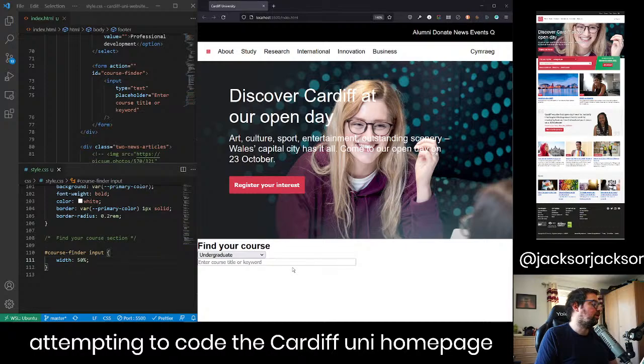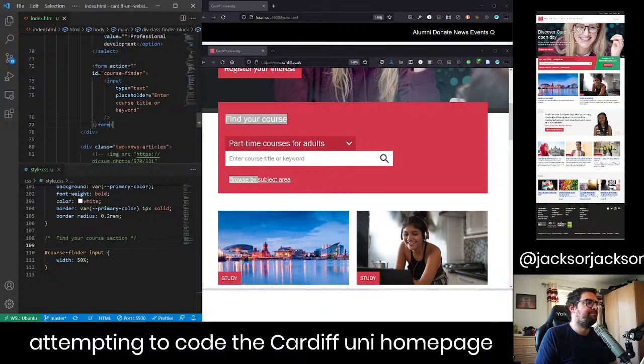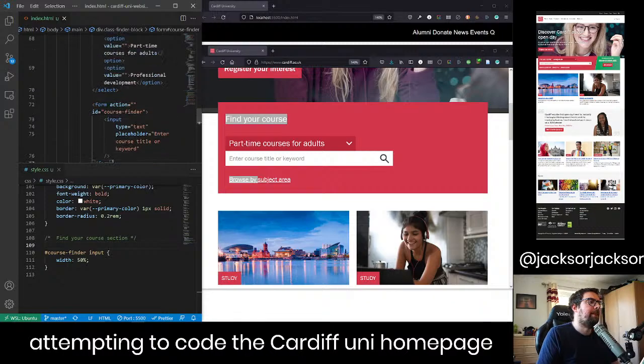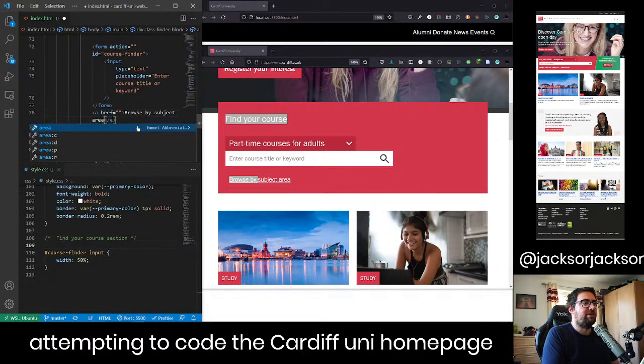And it just pushed it along a bit. All right, so that's that. I'll browse by subject area is the one thing we will do there. Okay, so that's going to be an A tag. So we're going to go browse by subject area. An anchor tag, an A tag, is just